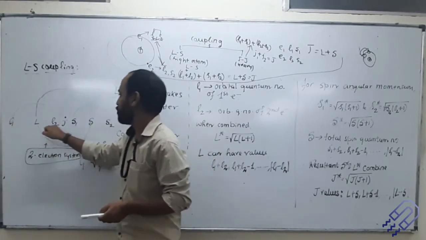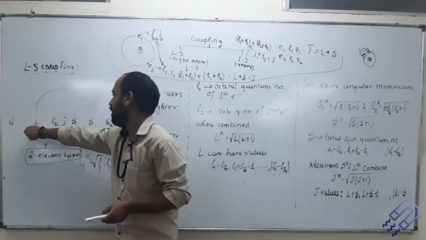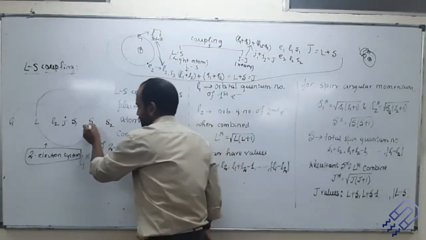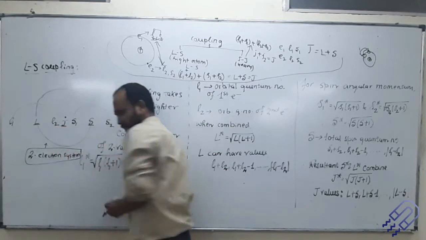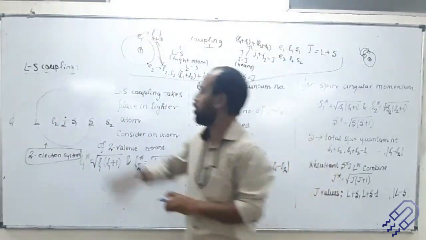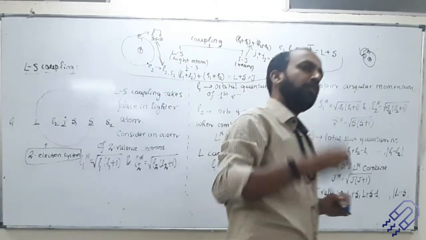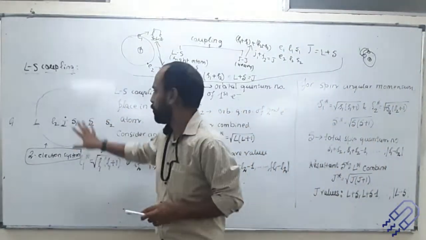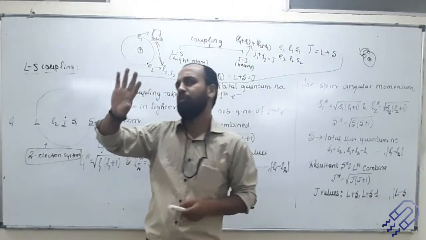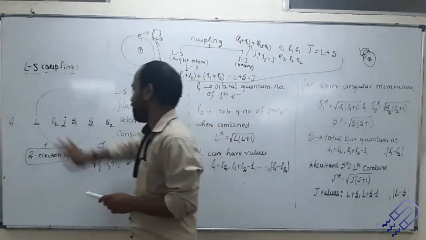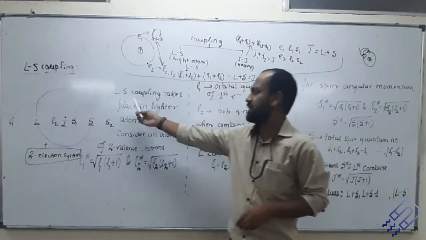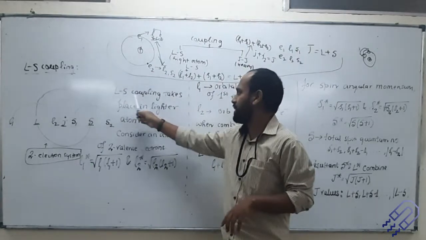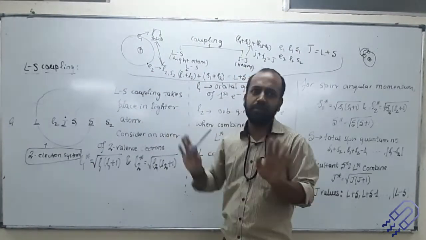The L1 of the first one, L2 of the second one, both combine, and I get L. S1 of the first one, then S2, it combines, it gives me S, and then this S and this L will combine to give me the resultant effect. This is called LS coupling. You got a question on explain LS coupling and JJ coupling? This is what you have to do. If you draw this image, there are a lot of quantum mechanical books or basic books where you'll get this diagram. Okay, it's simple. So let's just take this and see what we need to write down in your exam. You have already written: LS coupling takes place in lighter atoms. That's the first point.